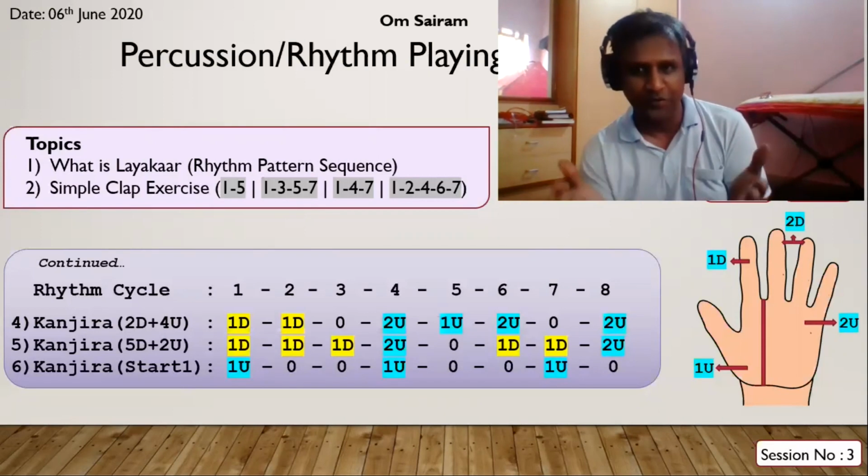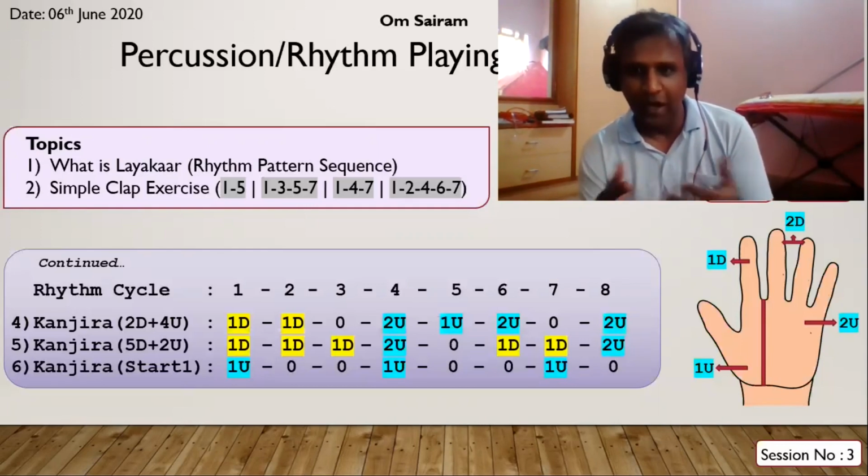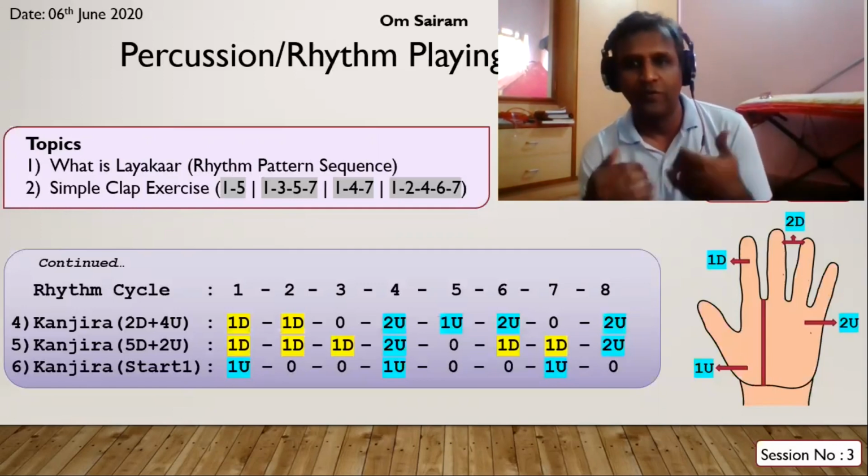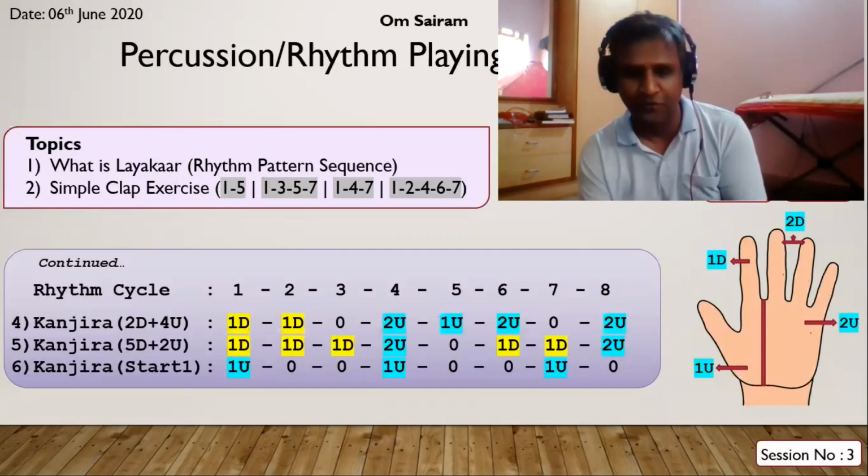For example, there's a song which is going at a 4 beat cycle or 8 beat cycle. If you're able to clap on the start point or the midpoint of the song rhythm, that means you have rhythm sense already. If you don't have it, it's difficult, so you have to slowly develop it. How to develop it? These simple clap exercises I'll teach you today. Even if you have the rhythm sense, I think you should practice this. This will make you stronger to play rhythm instruments.